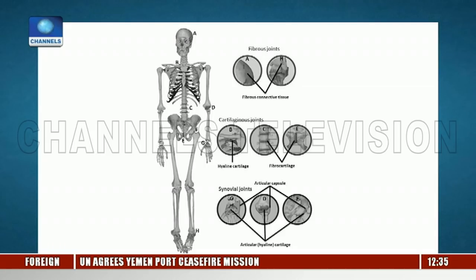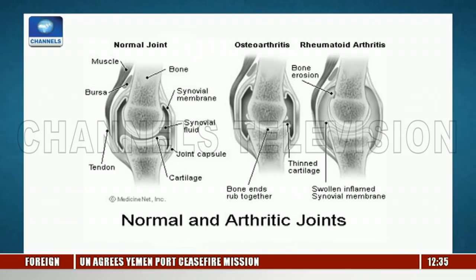The knee, the elbow, the hip. What's happening there? Okay, so for me to say what's happening, first of all, I need to give a brief description of what the normal joint is, even though this is not school. When we say a joint, what we mean is that it's a point where two bones come together. But the two bones don't just come together. If we just had two bones coming together, every time we attempted to move, we would all just fall into a heap. But you have things connecting those bones together.